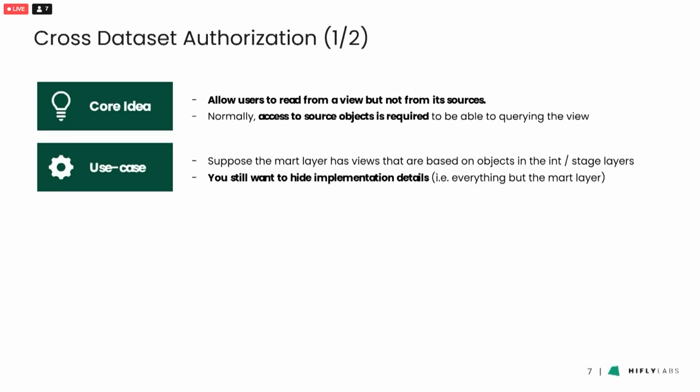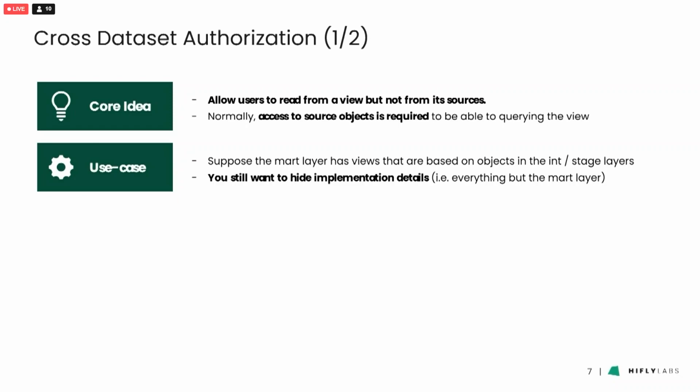What we normally do is deploy them into a different data set. That's fair enough. Then they wouldn't see the other ones. Except if you, for any reason, have to have views in the mart layer that refer back to the intermediate and stage layers. If you happen to have one of these cases, I can tell you examples later where it's useful. Then you have to authorize the other views,